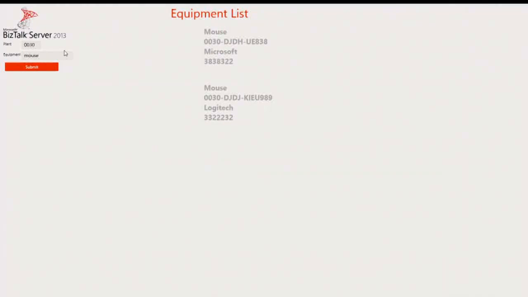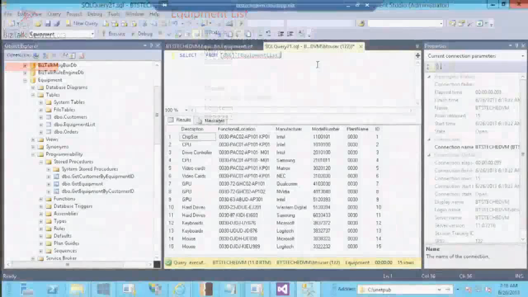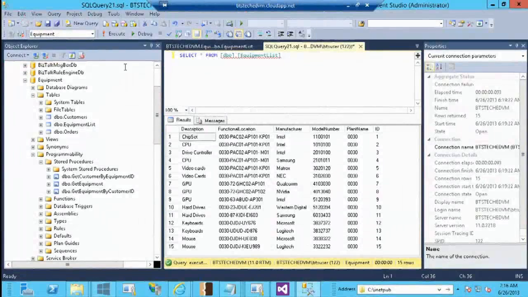Okay. So this is a very simple Windows 8 client. All it does is it is connecting to, let me first show you that SQL Server that I have. Okay. So here I have a SQL table which has select equipment from equipment list. So these are the various equipments I have, like CPU, GPU, hard drives, mouse, and keyboard, and those kind of stuff. So this is running on a completely different server behind a firewall. I want to be able to access this information from a Windows 8 client. So how do I go about doing that?